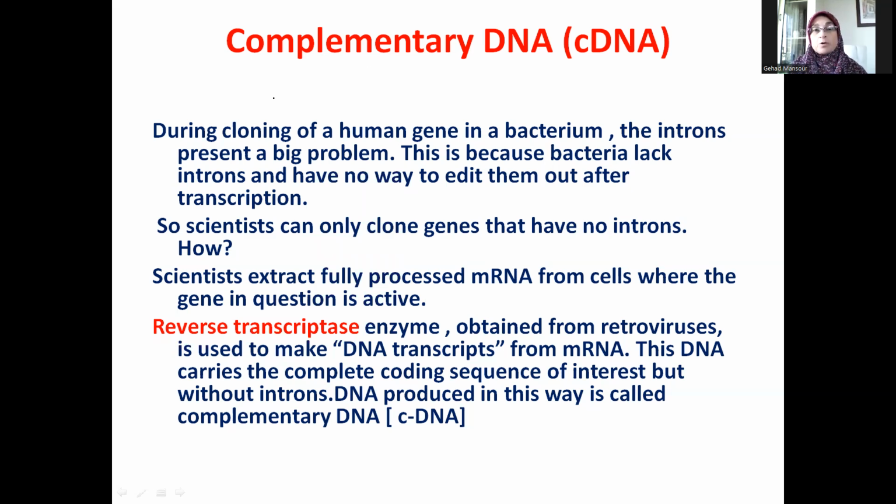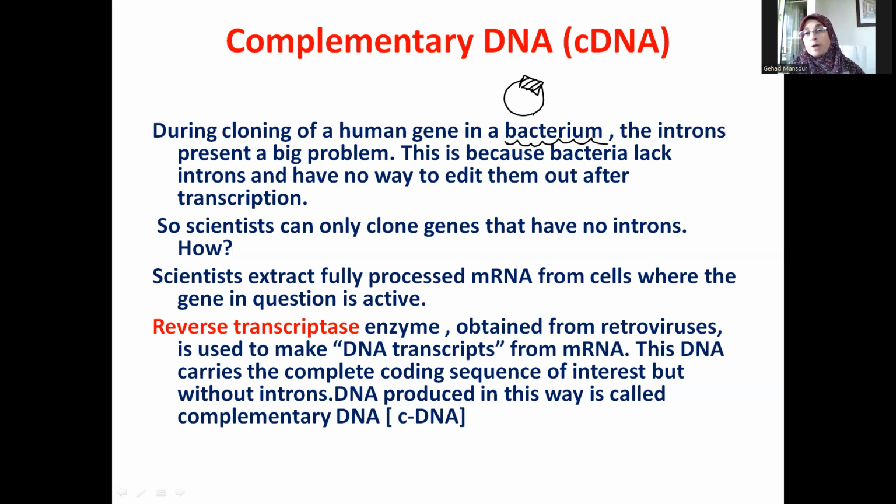And we sometimes clone human genes inside bacteria. As the bacteria replicate their own DNA, they replicate the plasmid that carries the gene in sequence, for example, the gene for insulin. But the problem is that when the bacteria want to translate a messenger RNA of human source,